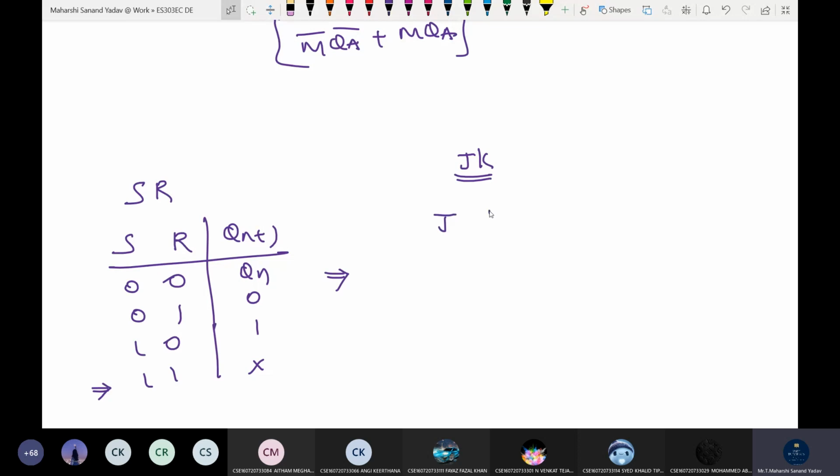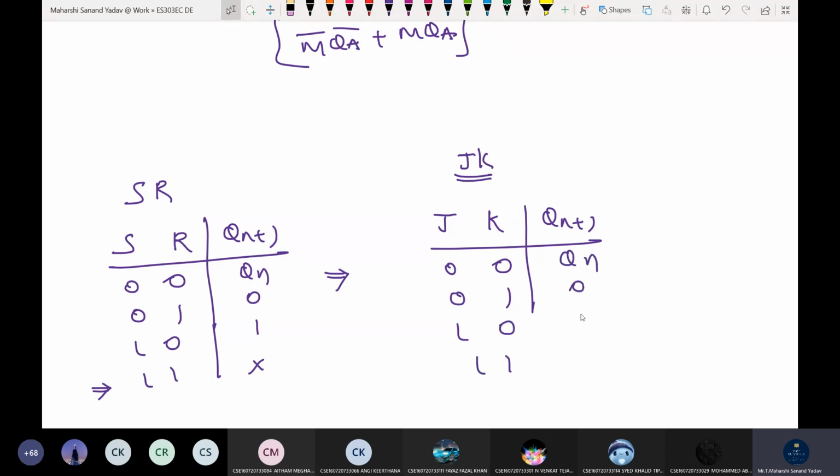In JK flip-flop, inputs are J and K, output is nothing but Qn plus 1. So this is 0, 0, 0, 1, 1, 0 and 1, 1. So here it is Qn, 0, 1. And what was the last answer? Qn bar. It was Qn bar. So in order to convert SR into JK, we have added some extra feedback from output to S